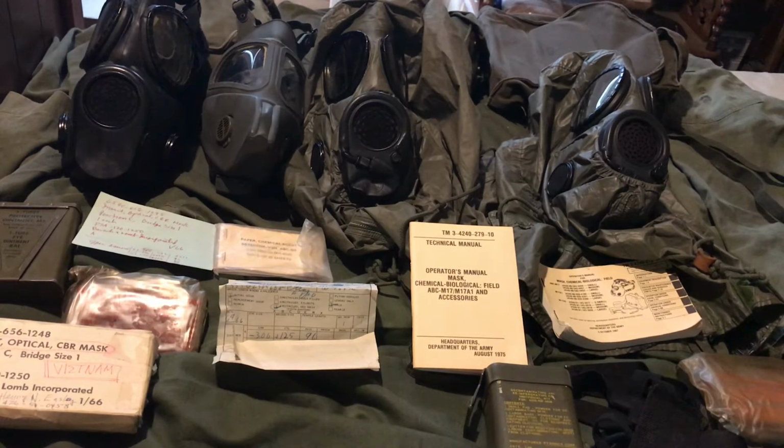So starting off, we're going to go into the prototype phases of the M17, which started with the E13 series prototypes, being developed as early as the early 1950s. This was never a rushed design. I have to get this out here. Most people think that the U.S. Army wanted to come up with something real quick and fast and just threw it out there. That is very wrong. Because most people believe that that's the reason why it has such a crappy cheek filter design, and no, it's actually not, because the United States Army went with this design